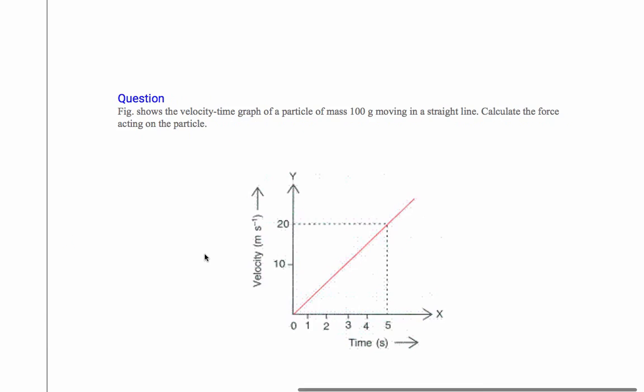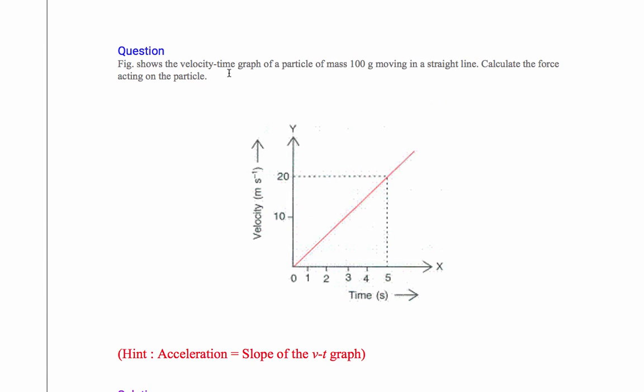Let us see now the next numerical. We are given this figure in the book and the question says from the velocity time graph, VT graph. If velocity time graph is a straight line like this, what does it mean? It means uniform acceleration. This type of graph means uniform acceleration, equal change in velocity in equal interval of time. Question says the VT graph is given for a particle with mass 100 gram. Now calculate the force acting.